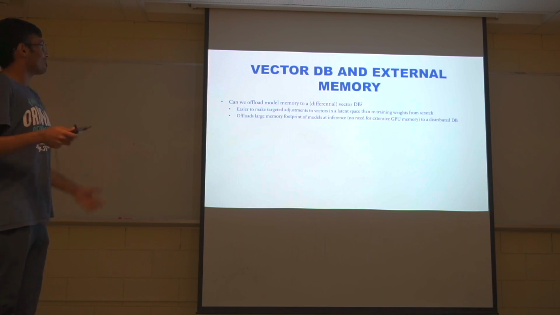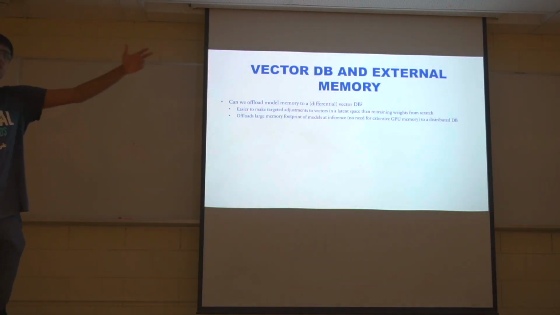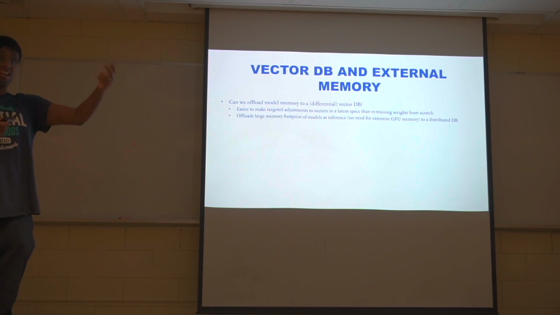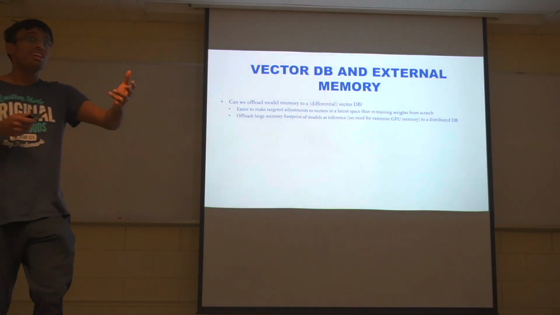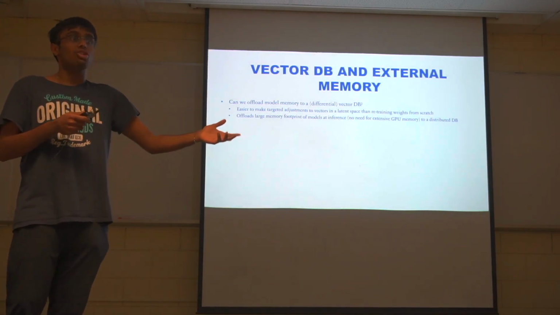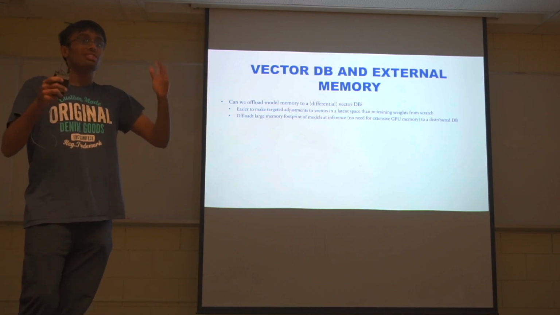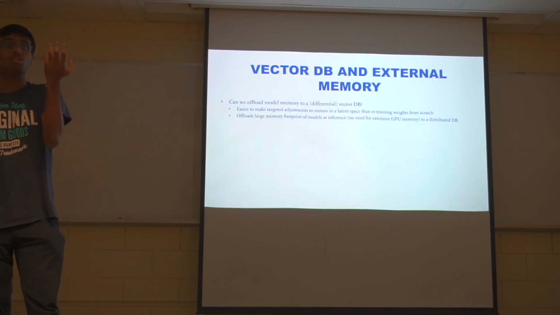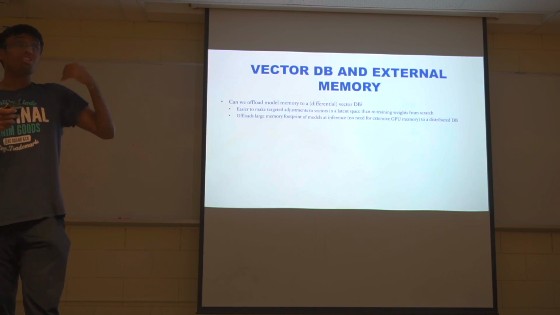And last slide, this is just a very high level, very thought out there idea. You can use vector DBs to index, right? You can use vector DBs to search, like, hey, what is similar? Can you use them to train? Because if you can, then you no longer need ChatGPT models that take 8 GPUs to store. Because what if instead of actually storing your weights as matrices on the GPU, they're actually vectors in a vector DB? And when you train, you can